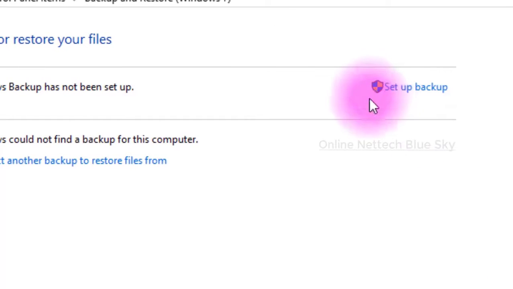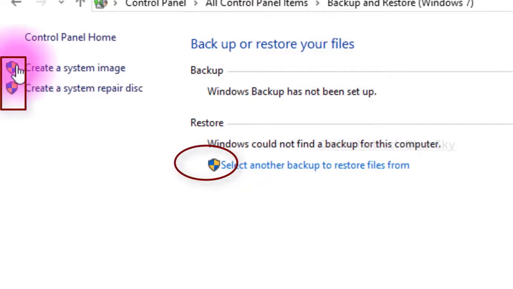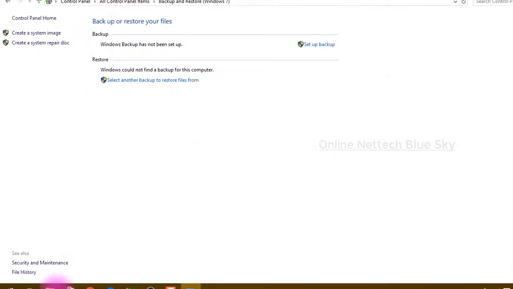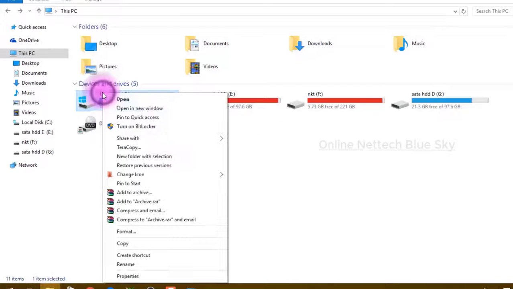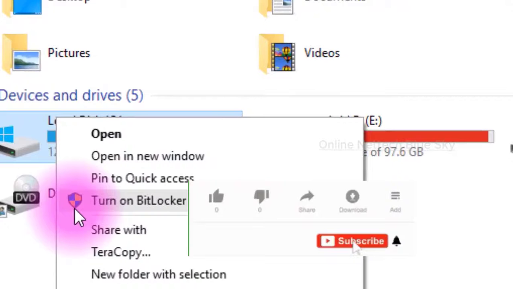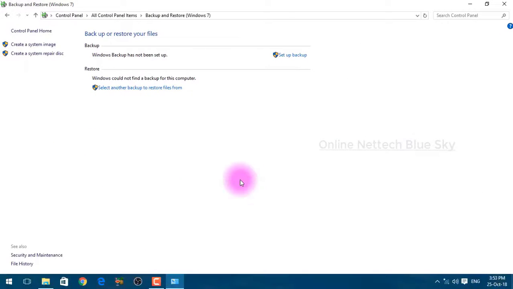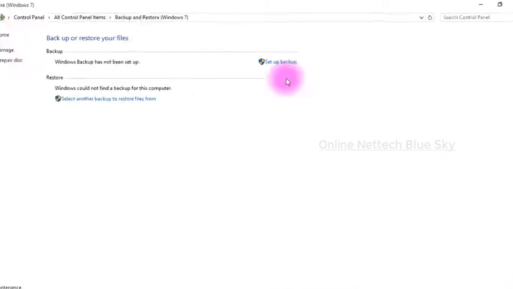So, Set up backup. You can see the logo and mark here, which means this is a very powerful setting of your computer and your Windows operating system.